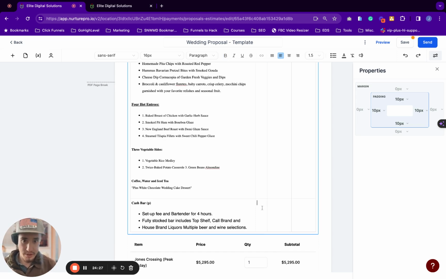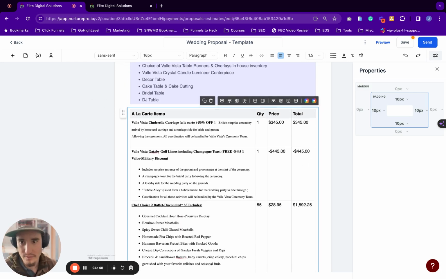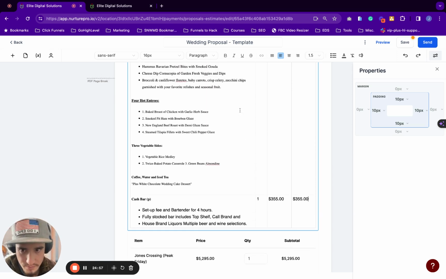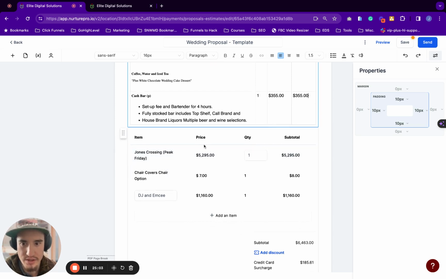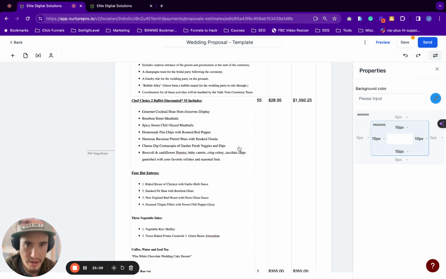And then for the cash bar, we have quantity of 1 at 355.00. Copy and paste that into there. There we go. So you can give a breakdown of what's in each package here, and then we can add in the packages or items here. So if we wanted to add an item, we could add it there, and then say like,